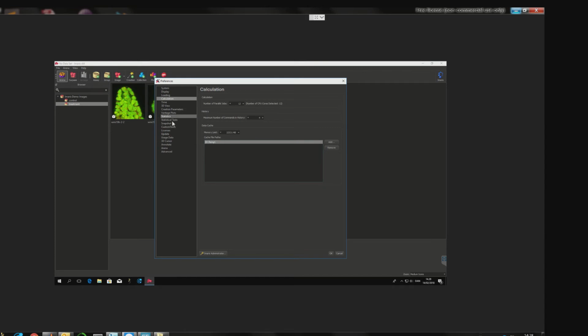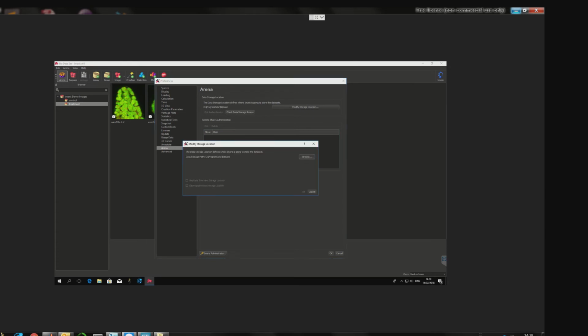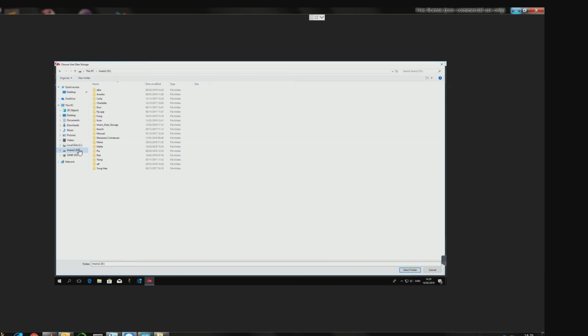Everything is fine here. Then you go to the Arena tab, and in the Arena tab, this is very important because by default, if you install or if you're a first-time user on Imaris, this will be set to the C drive path, C colon program data bitplane. So you should modify this and say modify storage location to D drive, and in the D drive you should go to